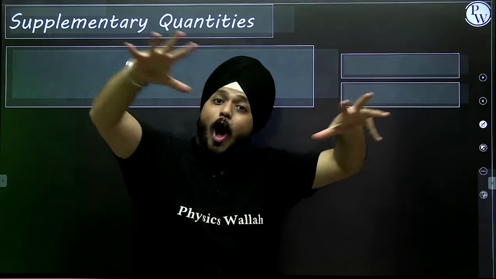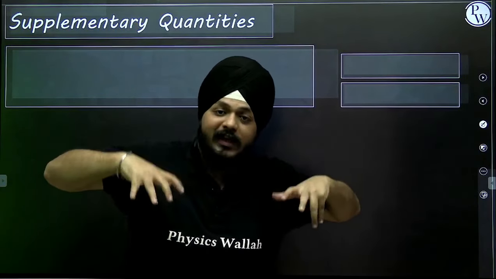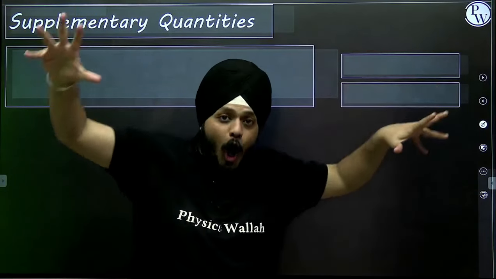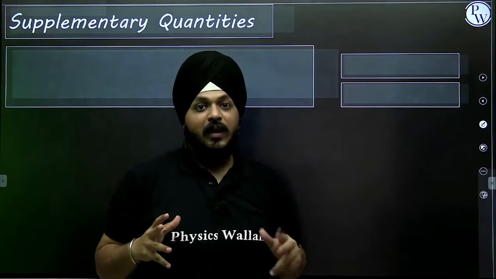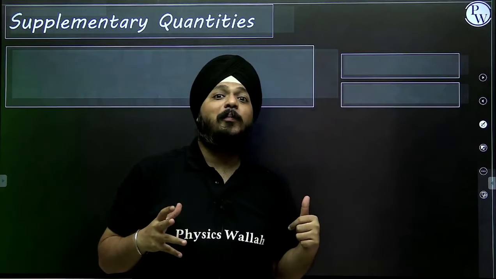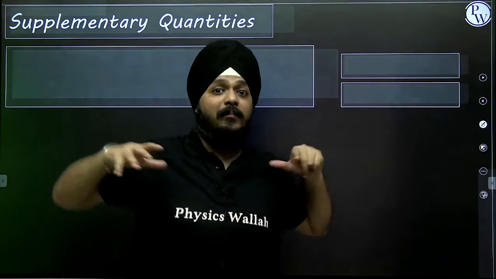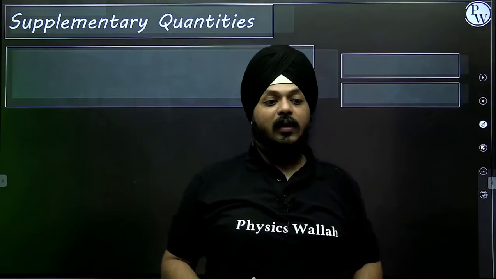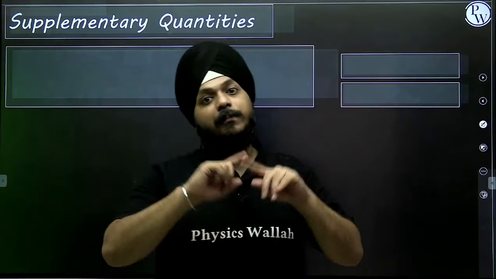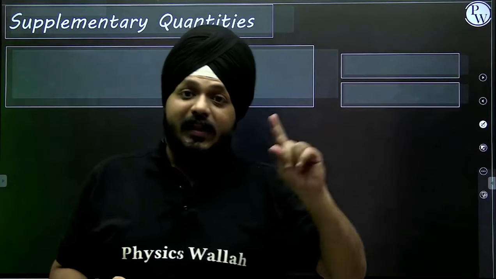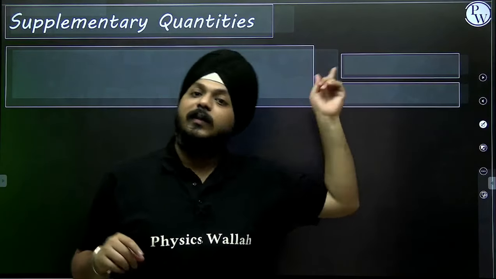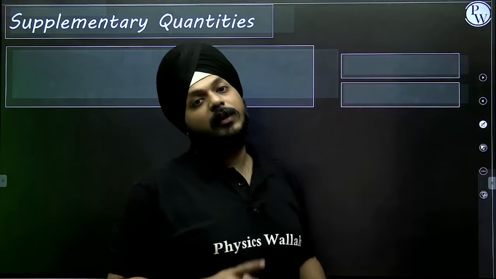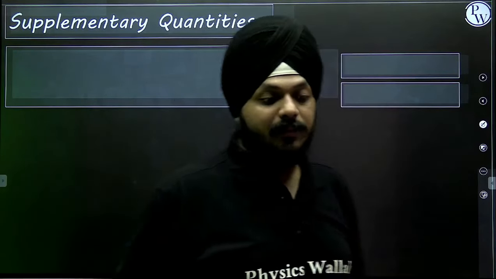Without fundamental physical quantities, it is not possible to define all phenomena of physics. But for supplementary quantities, it is not possible to define the maximum number. You can understand the difference. For fundamental physical quantities, the whole of the phenomena. For supplementary physical quantities, a maximum number of phenomena. So it doesn't mean that phenomena without these quantities are impossible. It is possible, right? But a maximum number of the phenomena without these quantities is not possible.